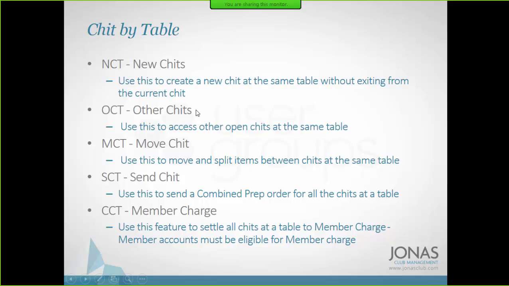Other chits, same idea. I can hit other chits and I will see all the tickets at that table, and I can switch to one of the other tickets. So if I'm putting drink orders in, I don't have to get out of the ticket if I have 4 open. I can actually bring in the one ticket, hit other chits, grab the next ticket at the table, and